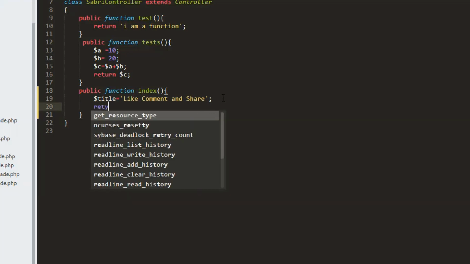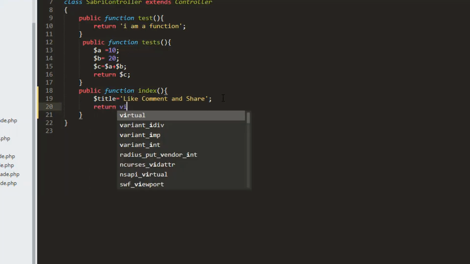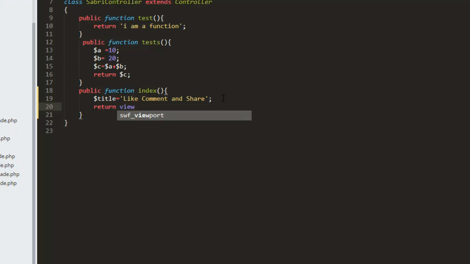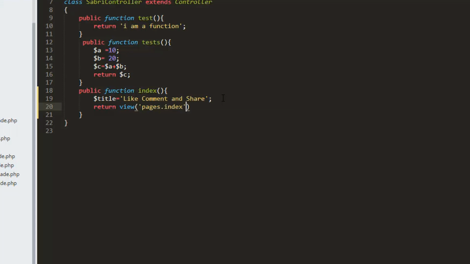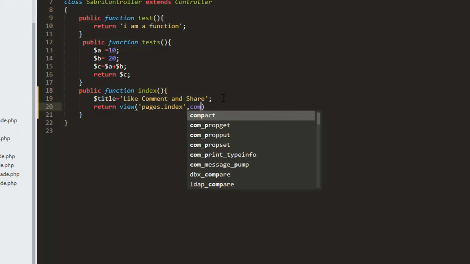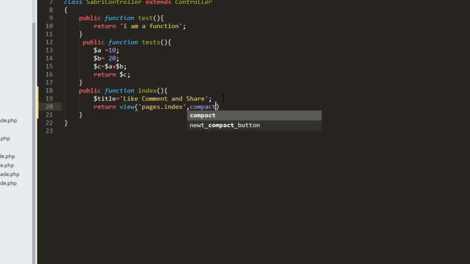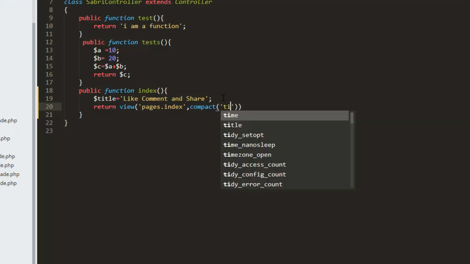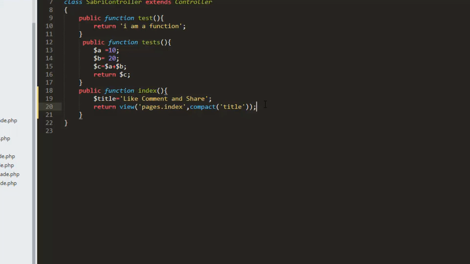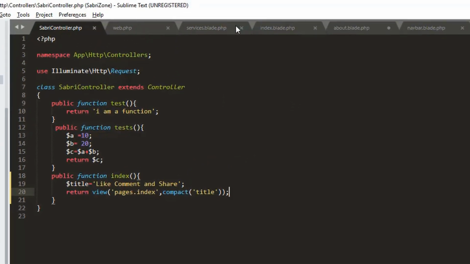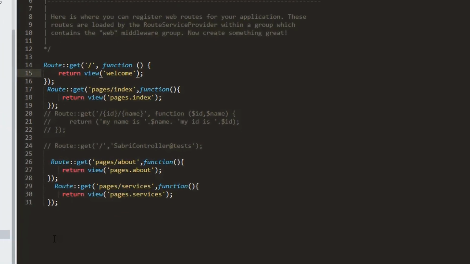Okay, I am going to return view, and here I have to give the address pages.index and compact, and here I have to give the name title. So, termination, let's save it and go to our routes web.php, and here I need to comment out the unnecessary things,